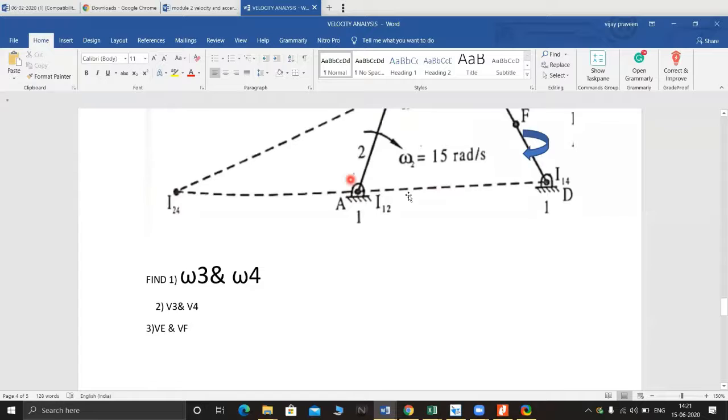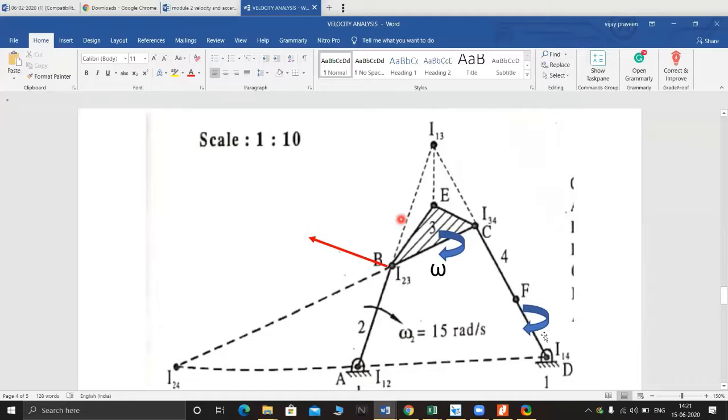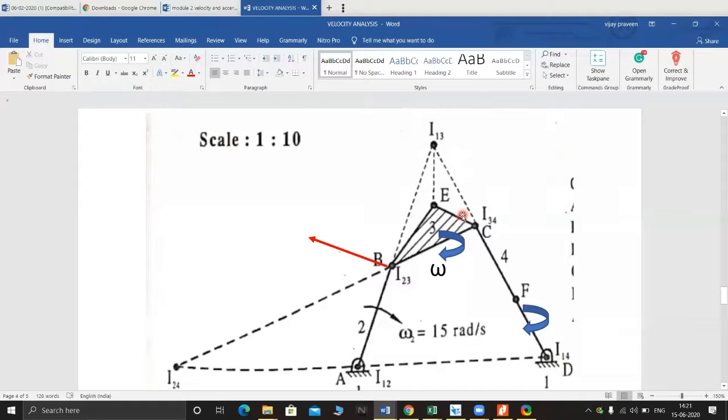First we need to locate the instantaneous center. After that we need to find these velocities. That is the question for this given mechanism. Here you can see in this mechanism again there are 4 links. Once you draw this, we need to identify the links. The hatched part they have shown, we consider as one link. So first we'll locate the instantaneous centers as per the Kennedy's theorem rule. Then we'll come back to analyze the velocity. First we'll complete the first part of the question.